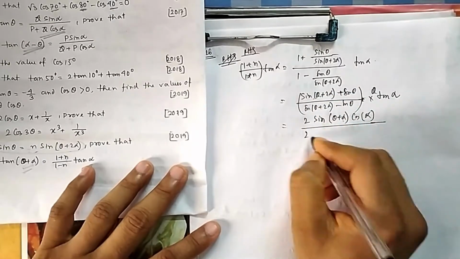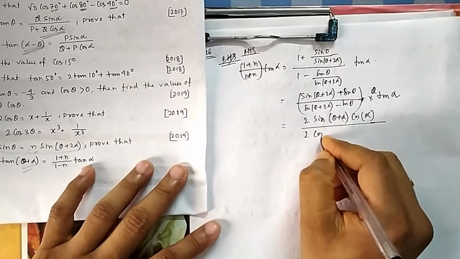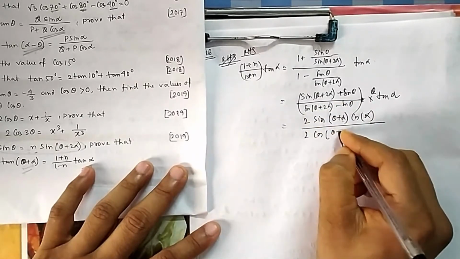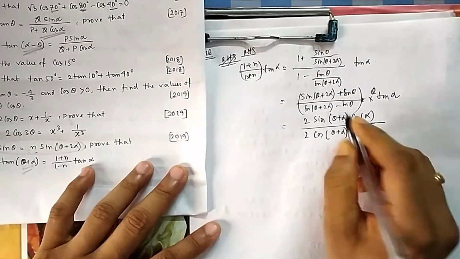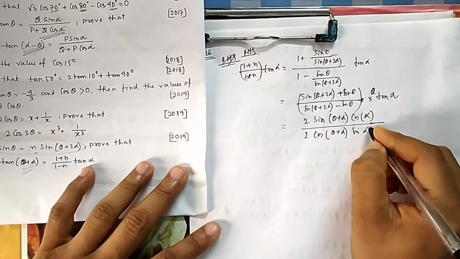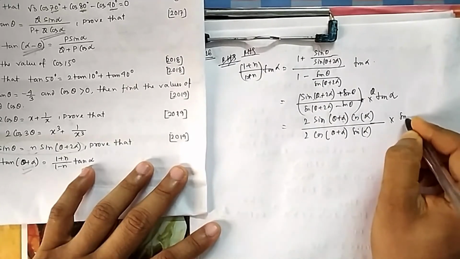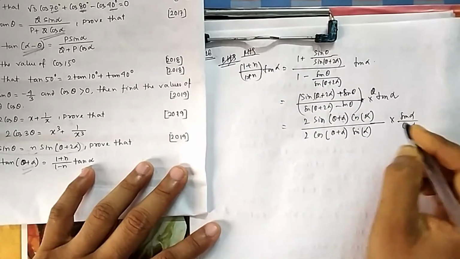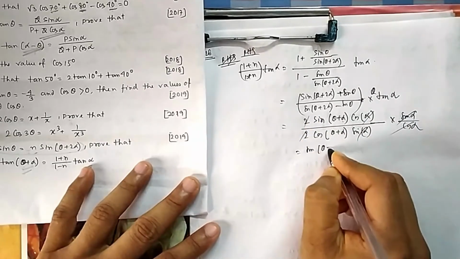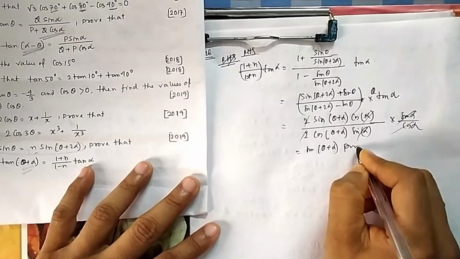Here also it is 2 sin c minus d by 2 and cos c plus d by 2. This plus this, again 2 theta plus 2 alpha by 2, theta plus alpha, and sin of c minus d by 2: theta minus theta will get cancelled, and 2 alpha by 2 is alpha. And tan alpha, if you write sin alpha by cos alpha, then you will see this gets cancelled, and you are left with the proof. So it is proved. You got that answer.